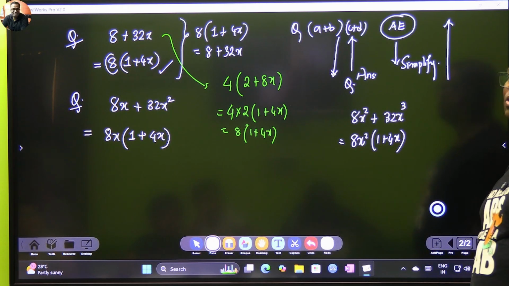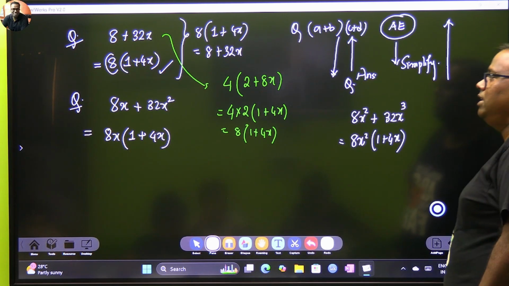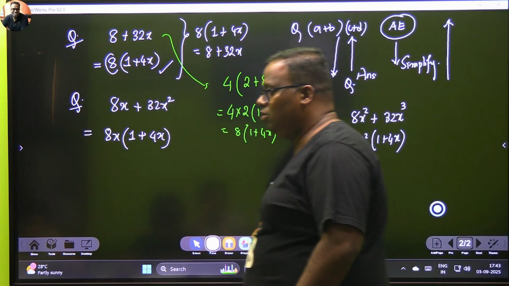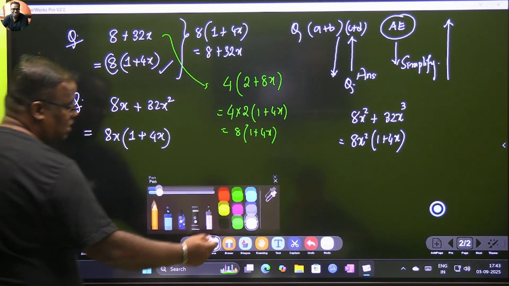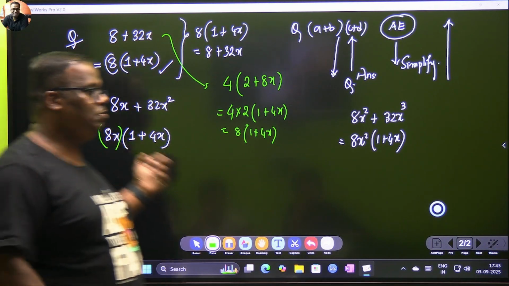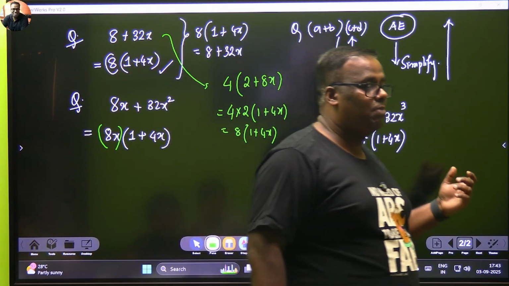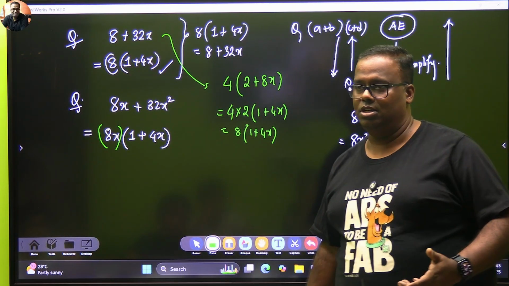Now we will move up to a little bit complex problems. Are we getting a fair bit of idea what factorization is all about? Factorization is the reverse of simplification. The same question of simplification will be the answer of factorization. So in factorization, everything that is spread out comes together. Everything should end in bracket, bracket. There cannot be a plus or a minus between 2 factors. There can only be multiplication, right?